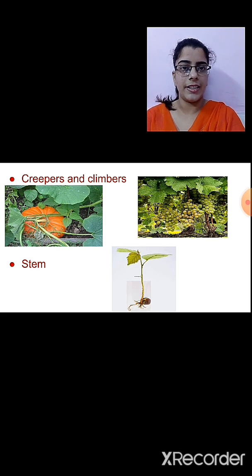Then we have studied the different functions. First, we have discussed about the stem. What is the function of the stem? Stem helps in the conduction of water and minerals from the roots to the different parts of the plant. Isn't it? Then the leaf prepares the food. The food then travels to the different parts of the plants through the stem. So, the stem serves as the two-way traffic, isn't it?